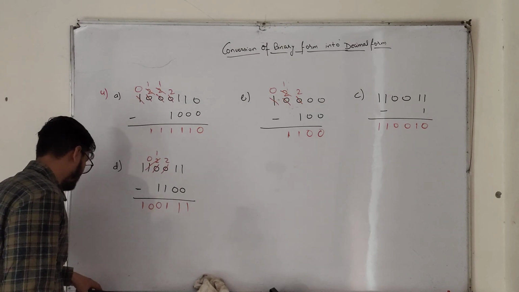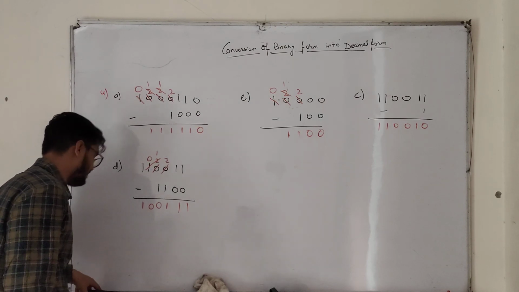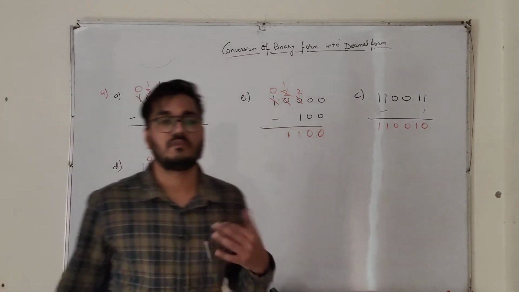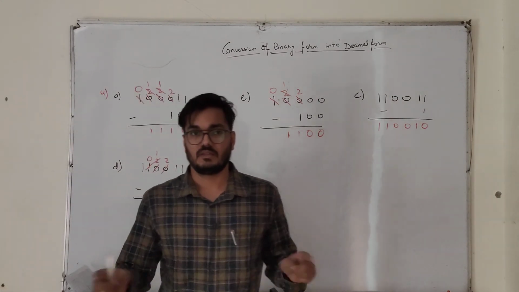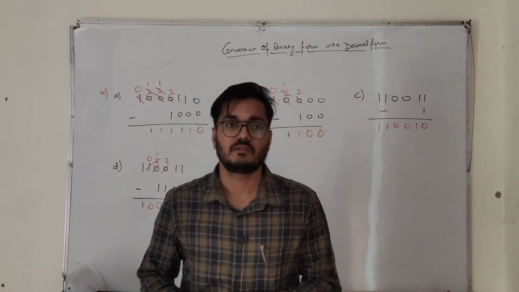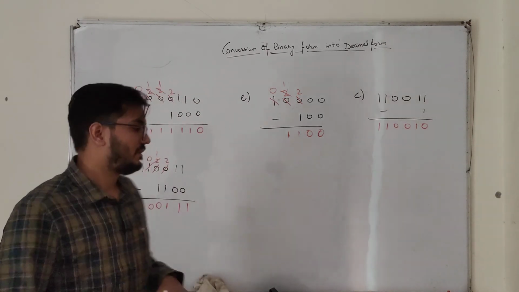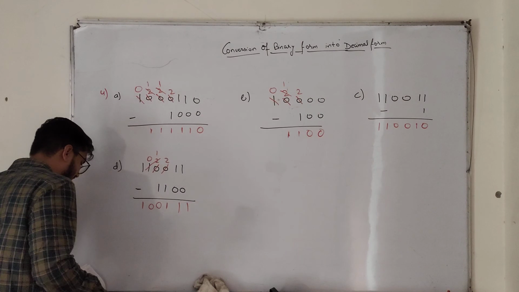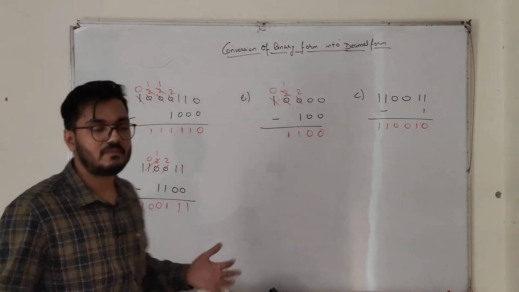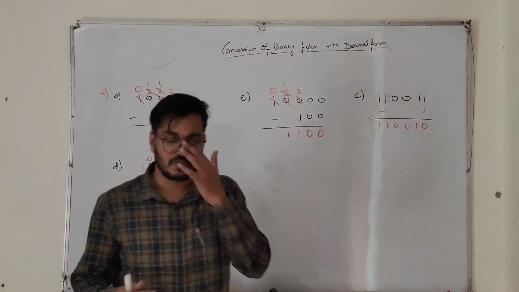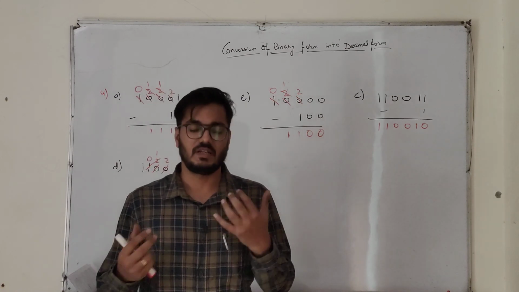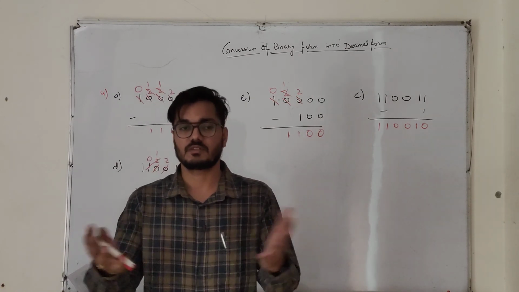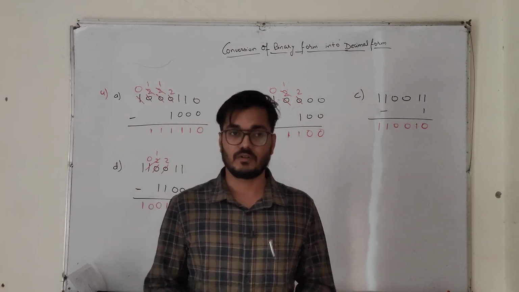What is the algorithm to convert a decimal number into binary? To convert a decimal number into binary, the algorithm is shown on your screen, so you can just note down. Next, what is the algorithm to convert a binary number into decimal? Same. The algorithm for the same is shown on your screen. So just pause the video and note down.